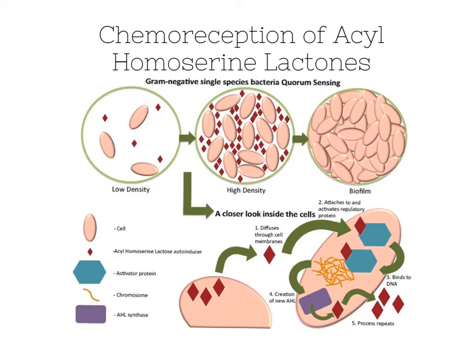In this video, we continue our exploration of quorum sensing, the process by which bacteria, as they go from low-density environments to higher-density environments, accumulate molecules known as autoinducers, such as, for example, the acyl homoserine lactones. We're at a low density, where we have just a few of these pink bacterial cells. There's a correspondingly low density of the red diamond shapes, which are the autoinducers. As the cell density increases, the concentration of those autoinducers increases as well, ultimately resulting in the change in behavior,